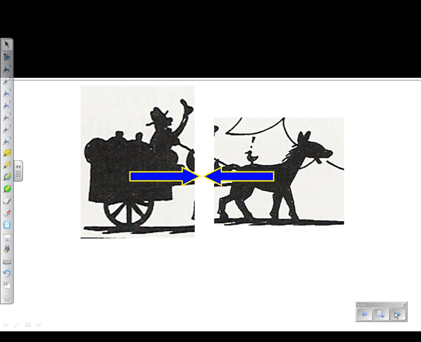What would the cart start doing? Forward. How many forces does this cart have on it? One. It's to the right. So it would start doing what? It would start accelerating to the right.